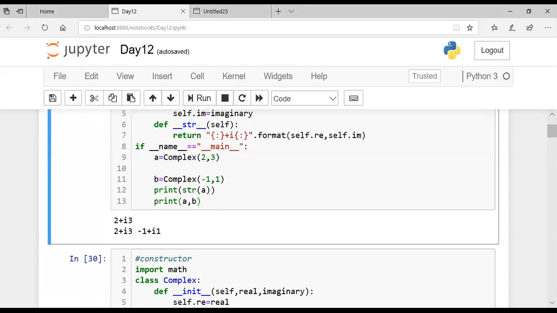So here the new thing which you learned, str, is nothing but a dunder function, a double underscore function. You can invoke it without calling.